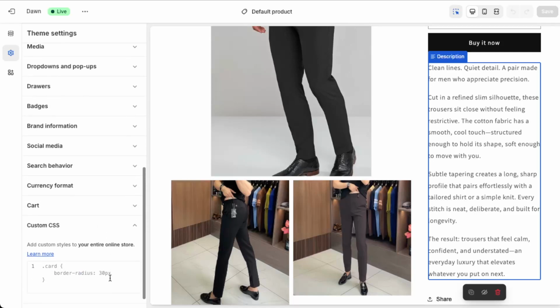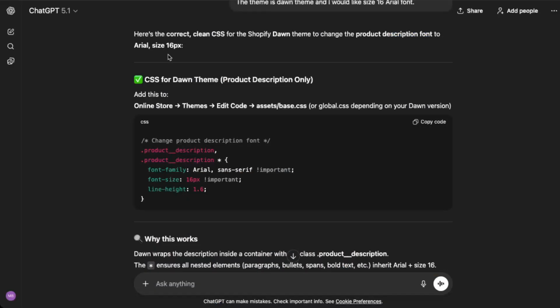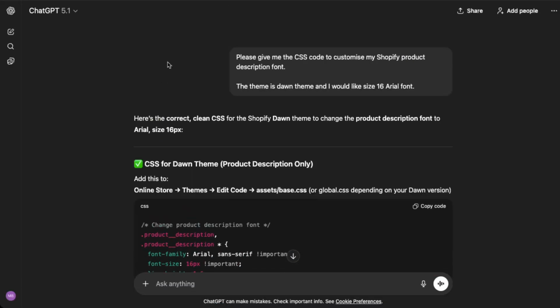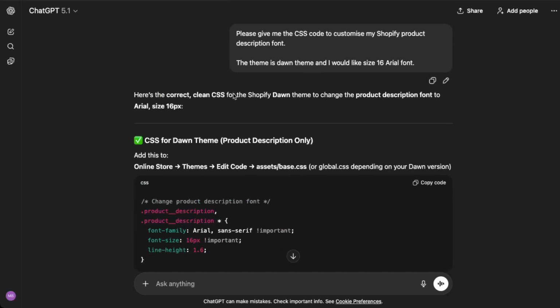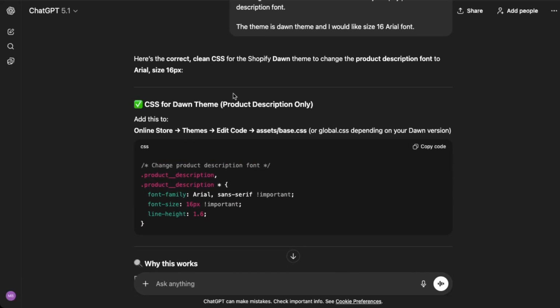In the panel that opens, find and select custom CSS. This is where we'll add a bit of code to control the font. Click inside the empty custom CSS field so your cursor is active there. Now, in a separate tab, head over to ChatGPT or your preferred tool and ask for the specific CSS code